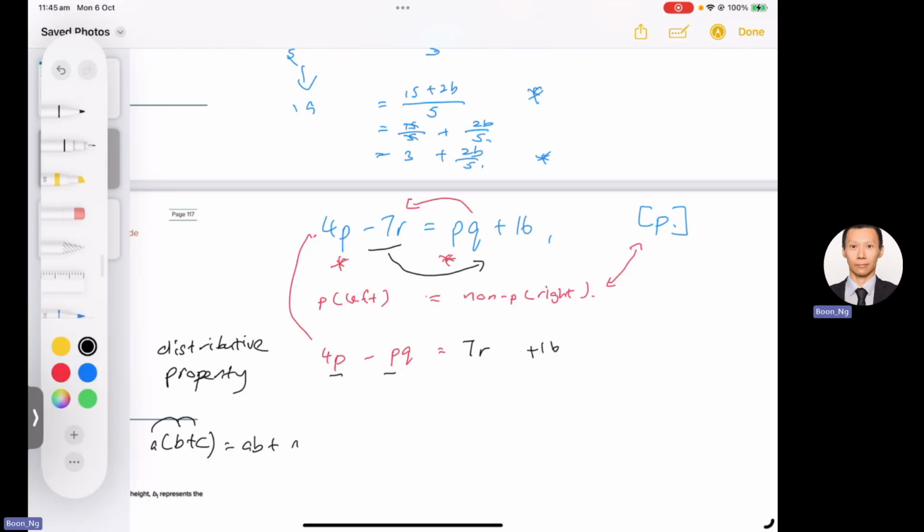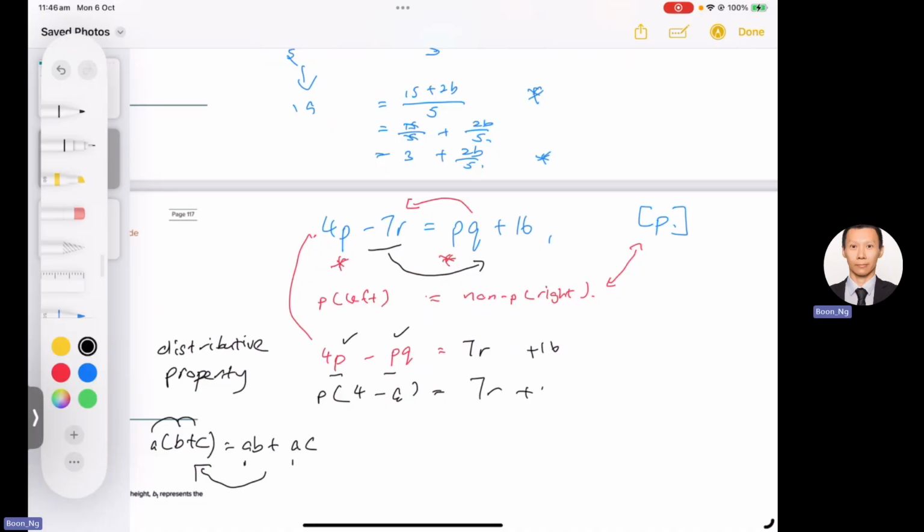A times C, we get AC. You can see A here and A here, and right now we are going backward. So we see P here and P here. We take P out and then times bracket 4 minus Q